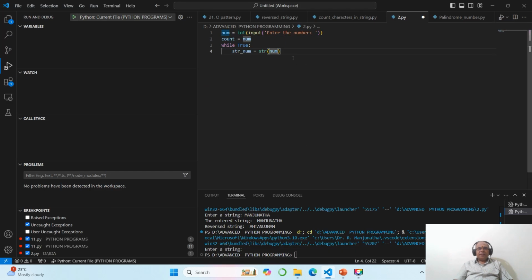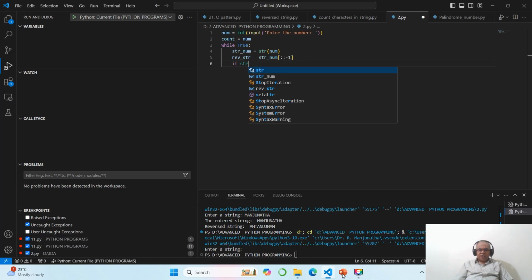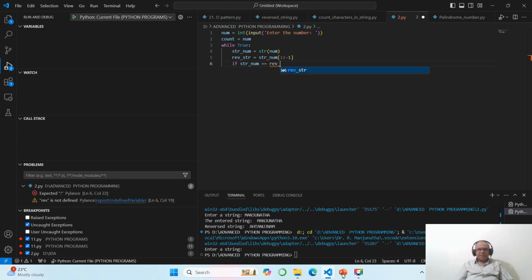Okay. Then I am creating reverse string equals str num. I want to reverse that string: reverse str num colon -1. So I am reversing that. Then if str num equals reverse str,